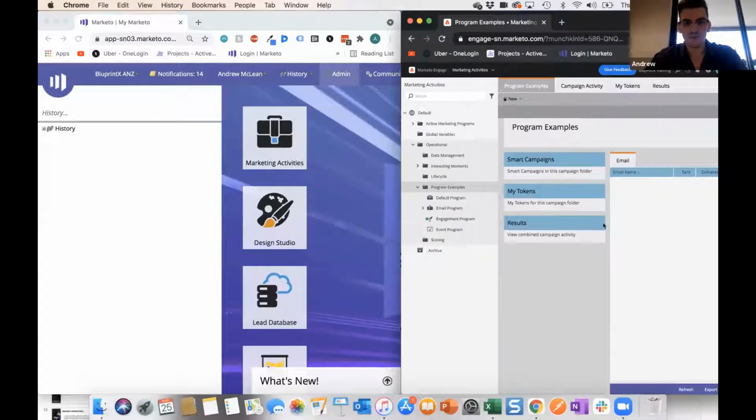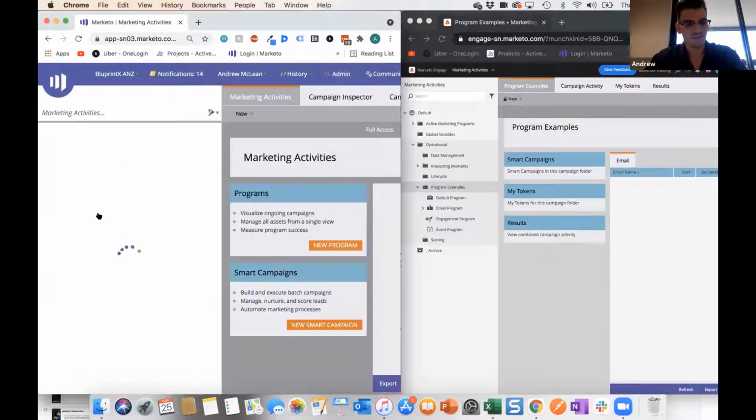So these are two of our instances. One is the training instance and one is our production instance. The left is the classic and the right is the unified experience. Now off the bat, we can see there's a color change, fairly straightforward. But if I tab into this side,